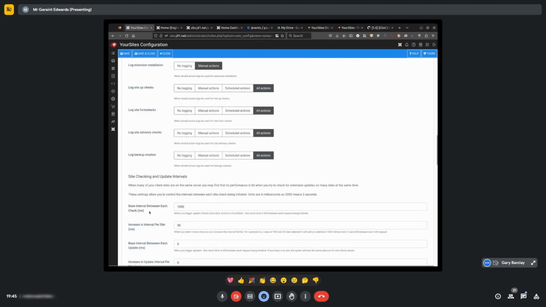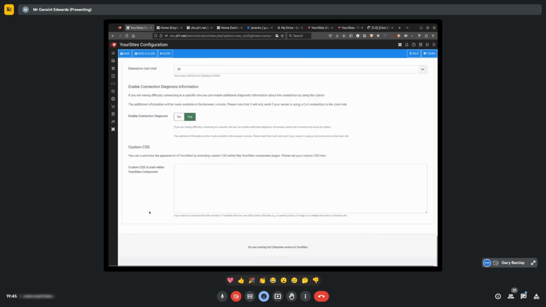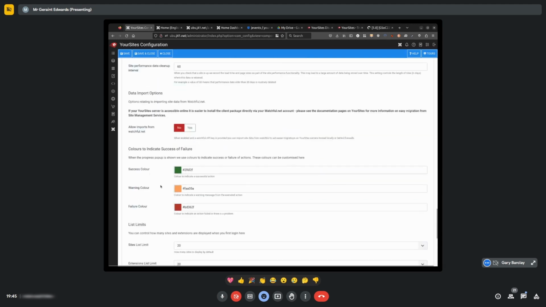Yeah. Well, we can change. Where is it? Sorry, I can't remember. There's too many options here. We can actually change some of the colors as well. Right. So on the colors to indicate the green, orange, and red, I know green and red are not always good for people who are colorblind. We can change these to be other colors. So you can have blue and